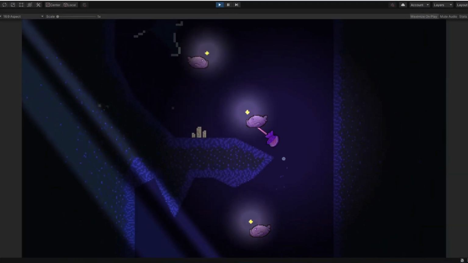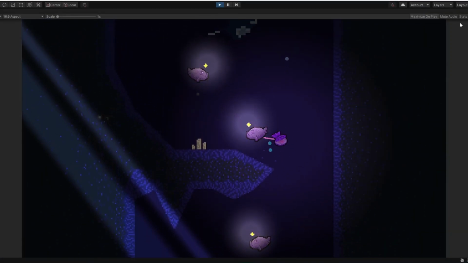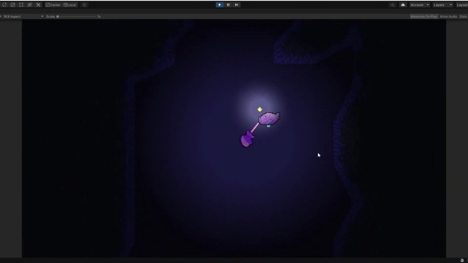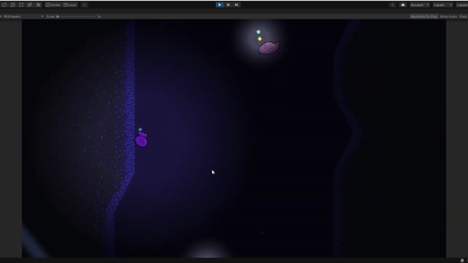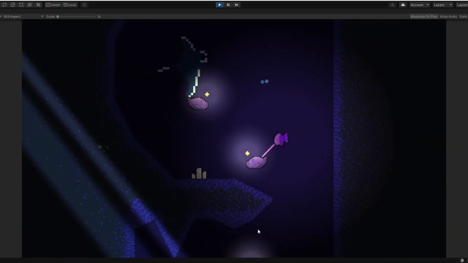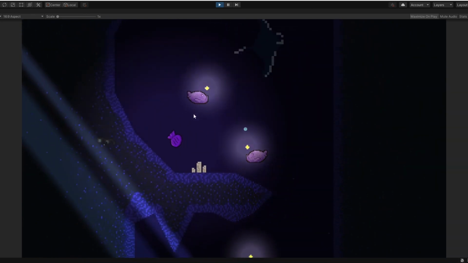A while ago, I had the idea of occasionally just at random seeing huge sea creatures swim by in the background of the game. I thought it would make for some really memorable moments that made everybody's playthrough really unique, and it just seemed like such a cool idea that I had to do it. And so here we are with a manta ray.